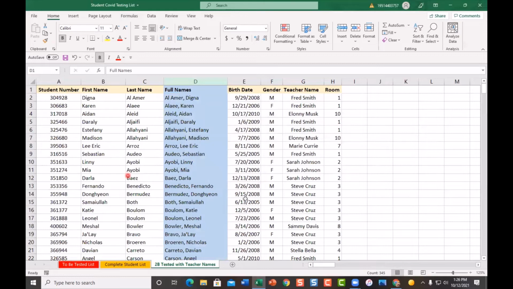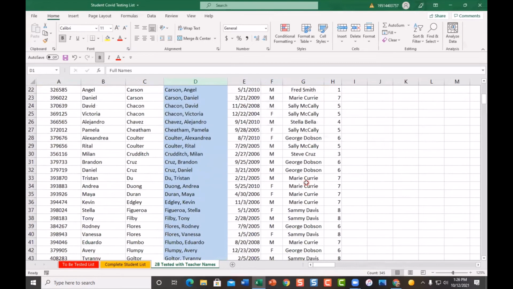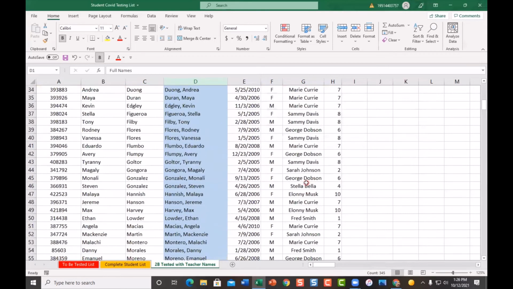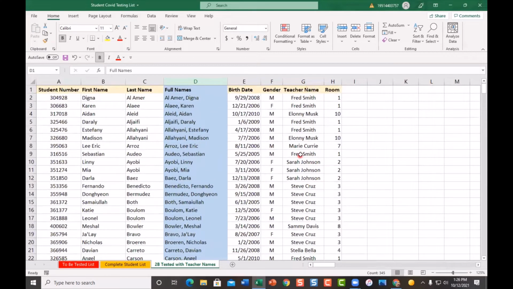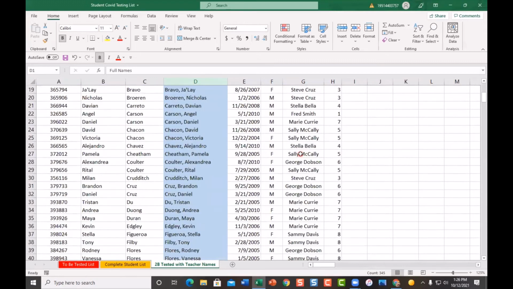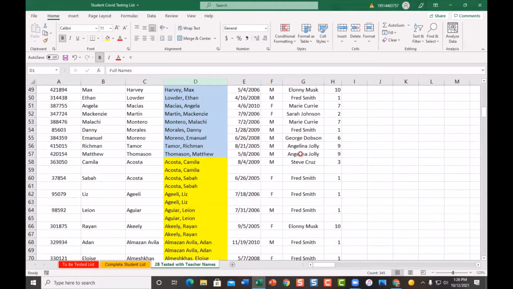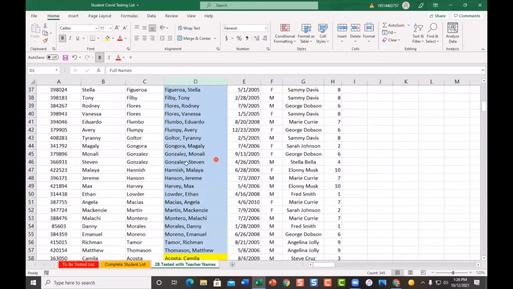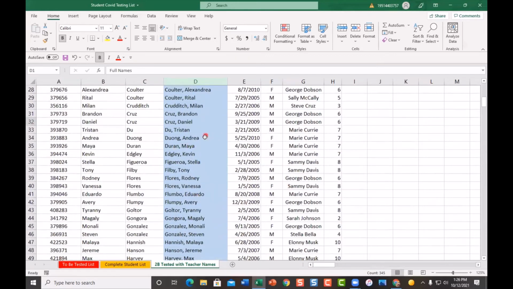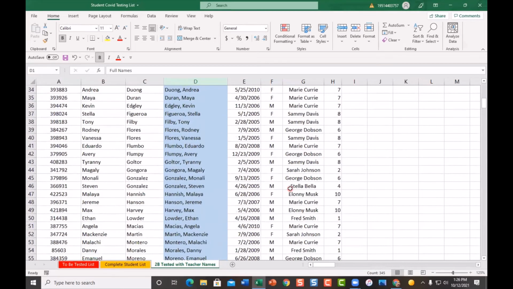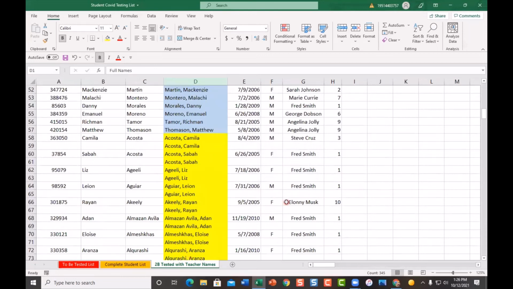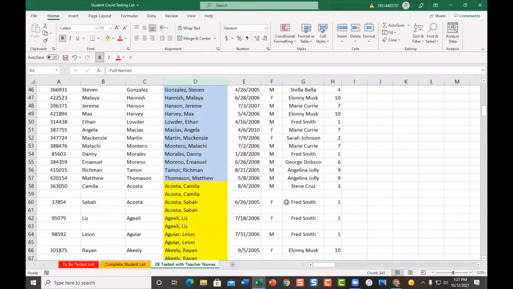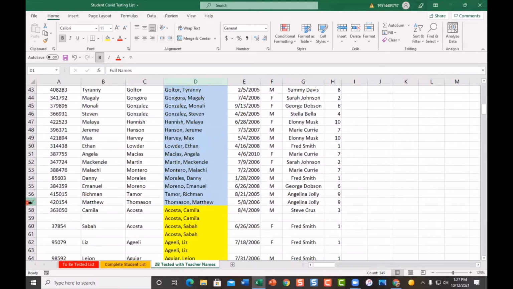And now everything is moved around. And so the 150 or so that we're going to test, there's roughly 50 that aren't going to be tested. Those are the ones that are blue, the unique names that are there at the top. So at this point, we want to get rid of all of these students with their data to the left and to the right, because we just want to have the ones that are duplicated, because those are the ones we're going to test. So we're going to go down here to the last unique name, which is Matthew